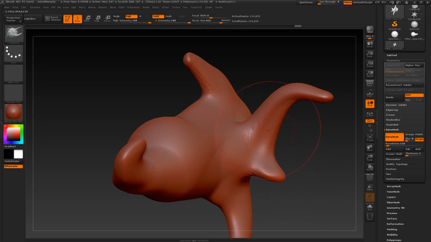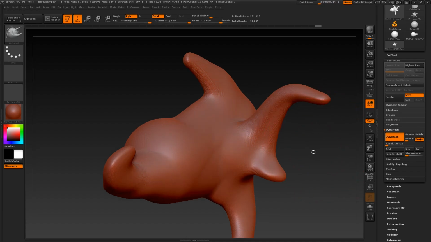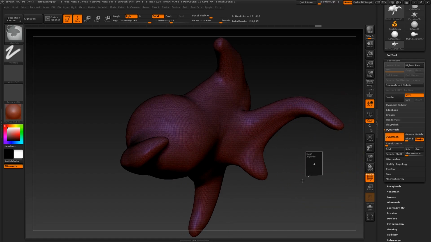The annoying thing about dynamesh is this resolution slider is based on the scale of the model. So for certain models, like this, 128 is perfectly fine. We get 130,000 polys, and it's really good. But for other models, this is going to create like 5 million polys. So when doing this, I start at a really low value just to test it out. I started like 8 just to see if the scale is crazy. So if you do this now with 8, with a real low value,